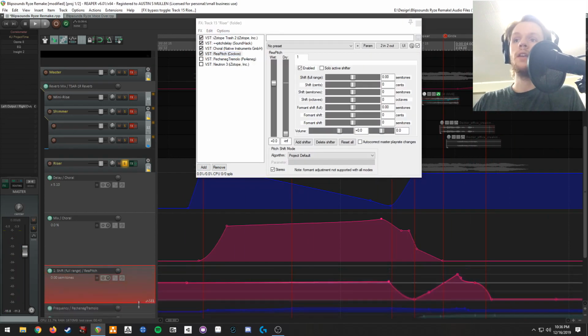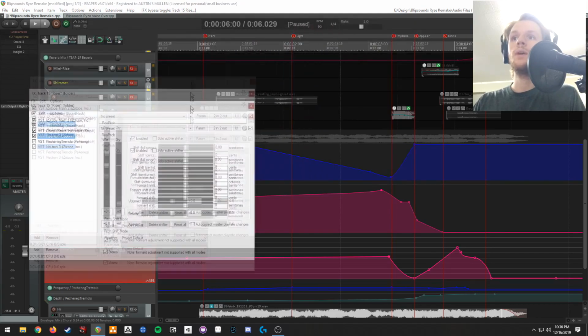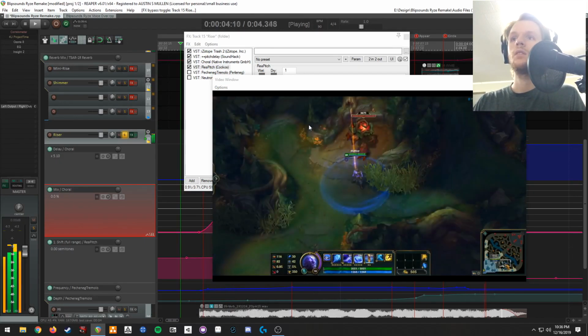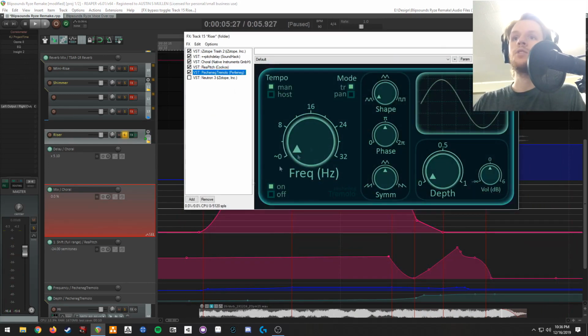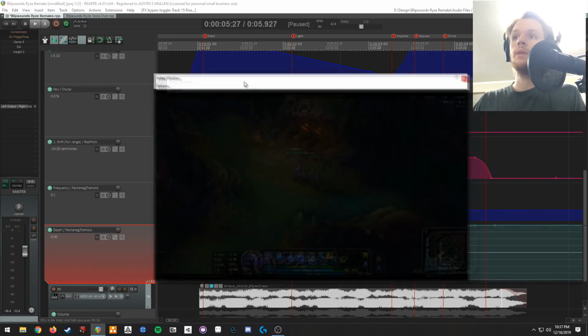I added in another lane of pitch automation to fall and rise where the chorus mix was. After that, I added in a tremolo. As the pitch is falling, the depth of the tremolo is increasing until it maxes out, and the frequency starts low, increases, keeps relatively steady, and then it more or less follows the same as the pitch envelope.